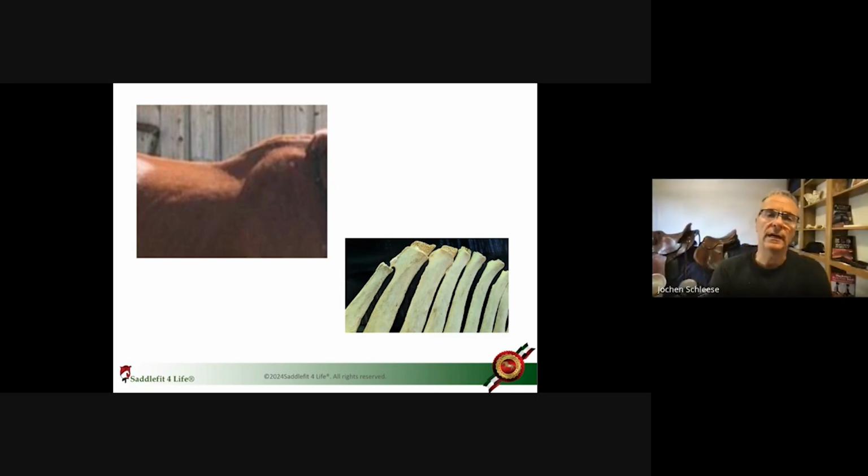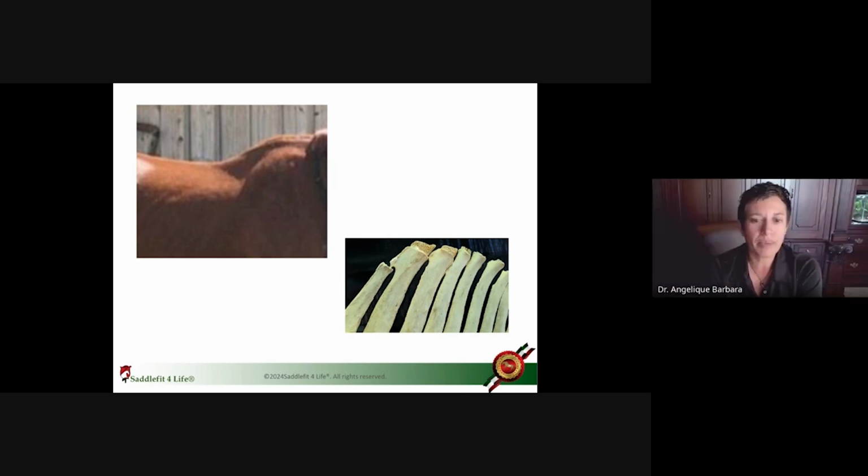Do you call these horses then unrideable, or are these horses still rideable? It depends. I mean, some of them are still rideable. Some of them definitely will not be rideable to the extent of being competitive and things of that nature. Sometimes it can actually be good for them to just get out and move and, you know, have movement. But it depends on their level of pain, obviously, and where they are as far as the rate of fusion and degeneration that's taking place.